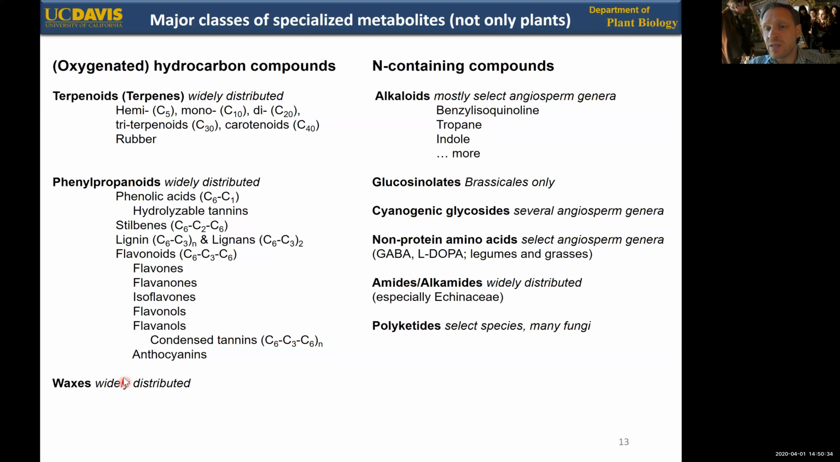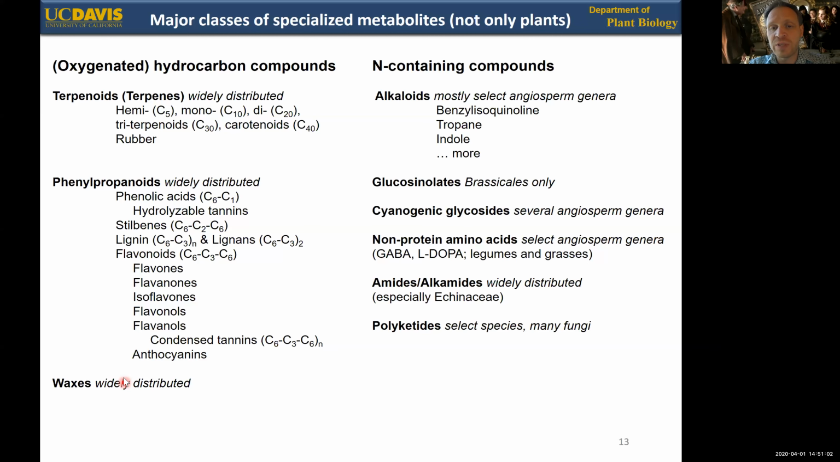Actually a bit similar in their structure and in their physiological role are the cyanogenic glycosides. Again, a smaller group, limited to the angiosperms, but more widely distributed than the glucosinolates. So there are a number of less related angiosperm species that are producing cyanogenic glycosides. And then they have a few more here that are less common,